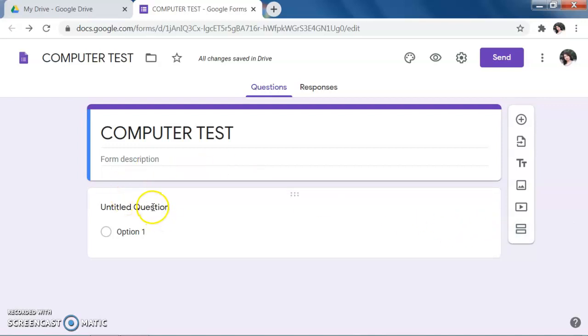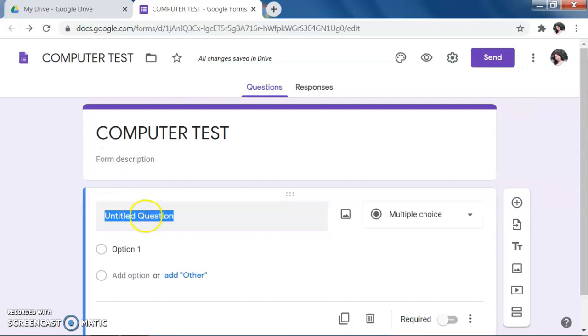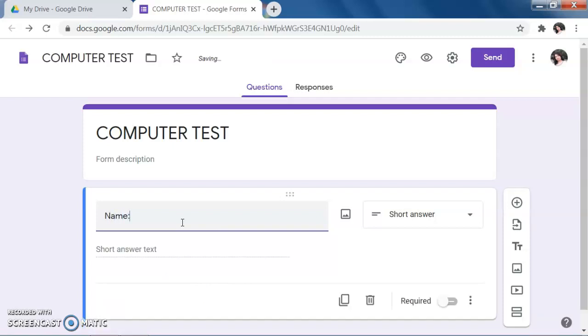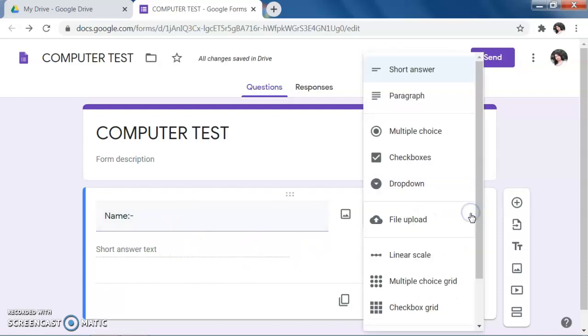Now come here. Here is your untitled question. First you write down the name of the student, name. Then here you can get different types of questions: short answer, paragraph, multiple choice, checkboxes, drop-down, file upload.